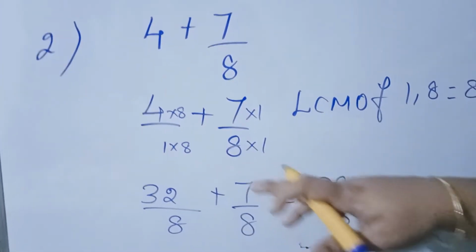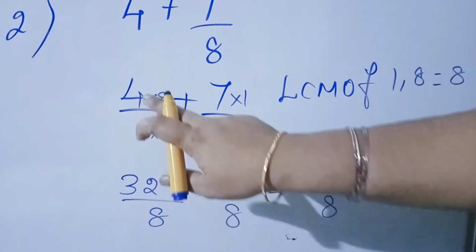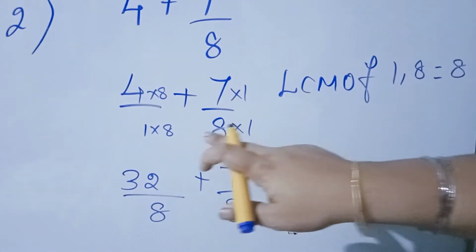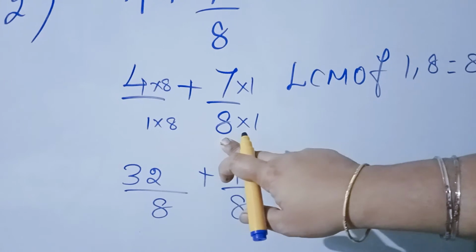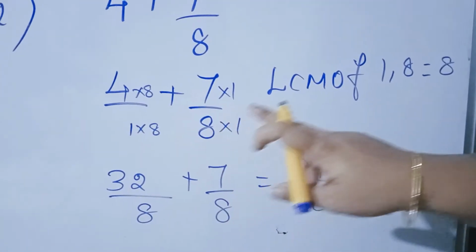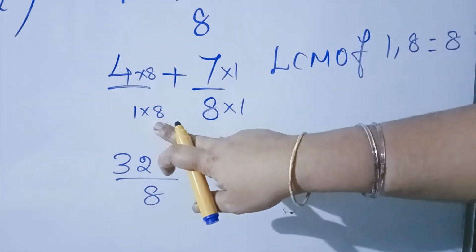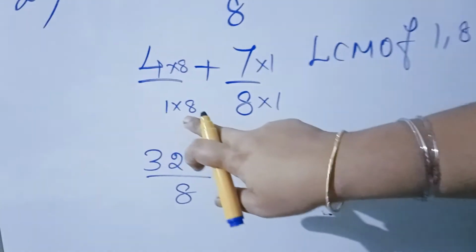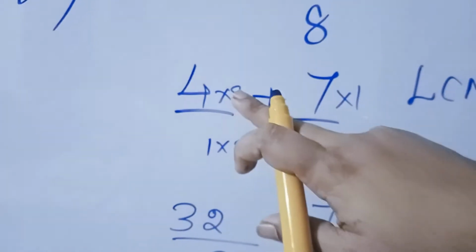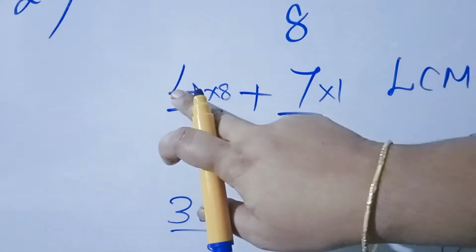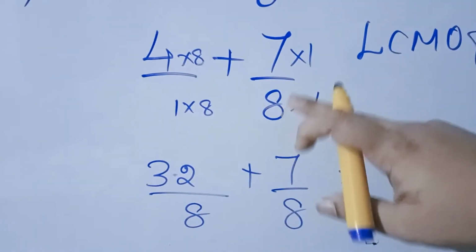As usual you can change this. I told you, if nothing is there in the denominator, it means 1. So 4 by 1 plus 7 by 8. You can take the LCM of 1, 8. Why? Because this is an unlike fraction. The denominator is different. So the LCM of 1, 8 is 8. If you need 8 in the denominator, you have to multiply with 8 here because 1 is there. So 1 into 8, and the same number you should multiply in the numerator also. So 4 eights are 32. 32 divided by 8 plus.